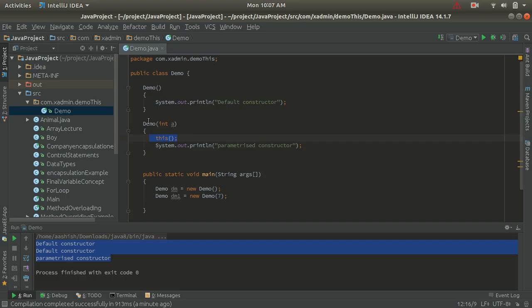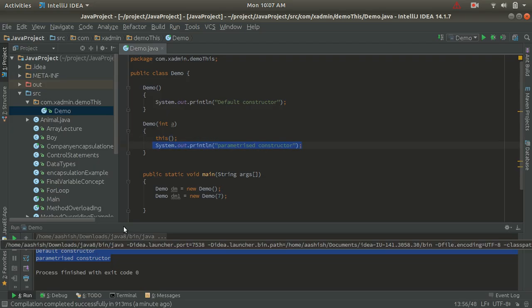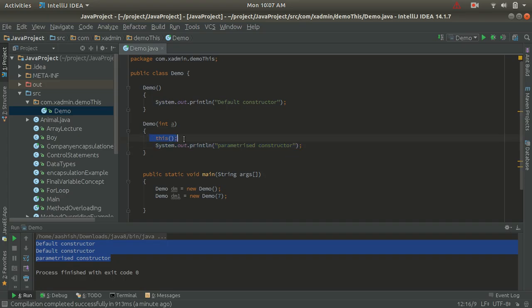So it is going to call the default constructor here. We got the output as default constructor, and after that it will come back here and display the parametric constructor. So we are getting the output in this way. With the help of this keyword we can call a constructor from a constructor of the current class.